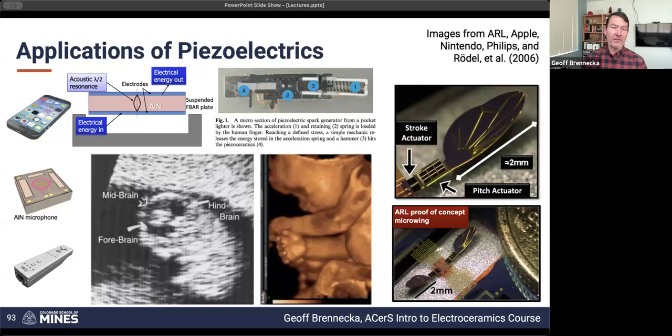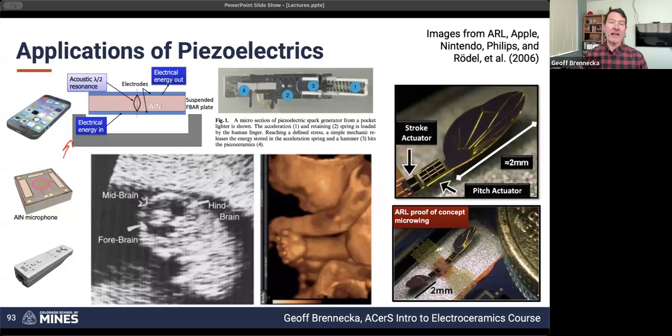Another option is within cell phones, where there are a gazillion different examples of piezoelectrics. We've got one diagram here showing how you have an acoustic resonance within an aluminum nitride thin film. This is the way that signals are filtered in your cell phone. Pretty much all modern cell phones for the last decade have used aluminum nitride based FBAR, film bulk acoustic resonators,